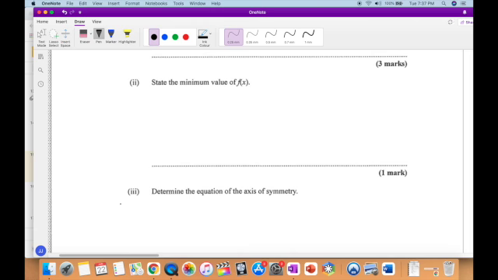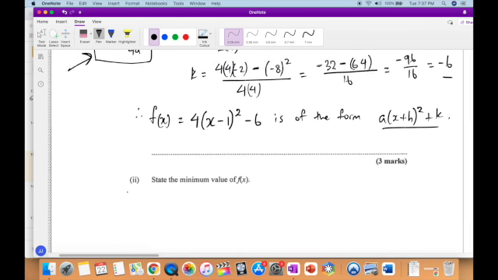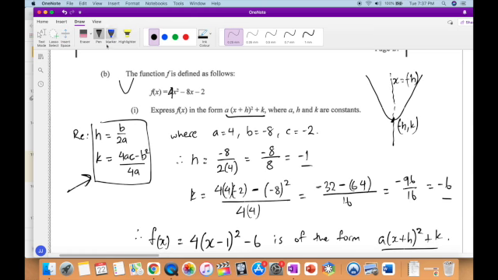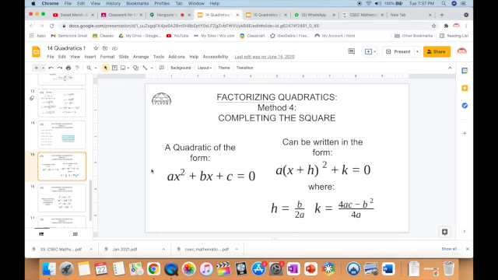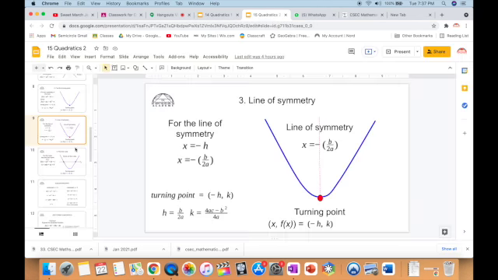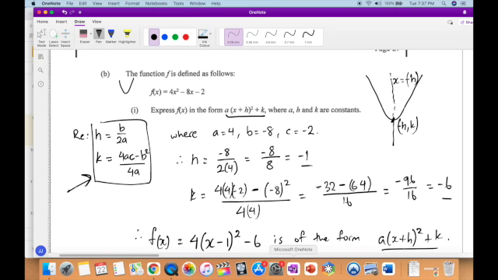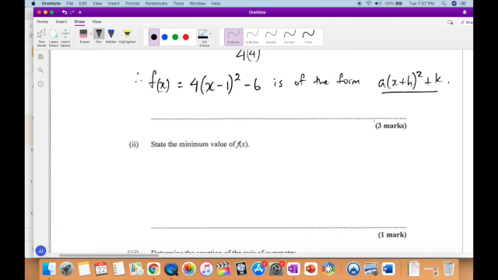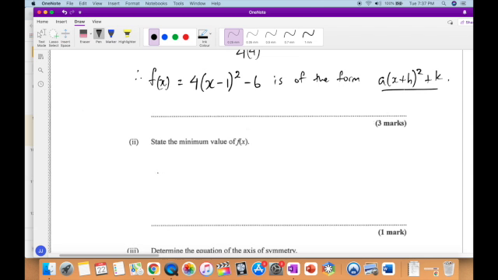State the minimum value of f of x. Well, look at that, right? The minimum value. So you're supposed to know what that means. At the end of the day, for this quadratic equation, a is positive, so it's going to be a minimum, right? And just now, let me just check one thing. Let me just make sure. Yes, okay, right? So it's going to be a minimum, and so therefore the minimum value